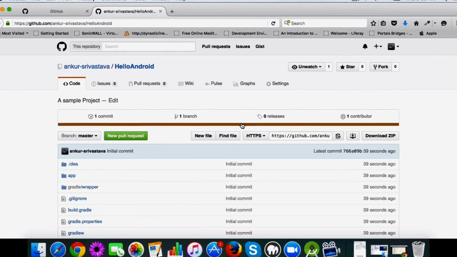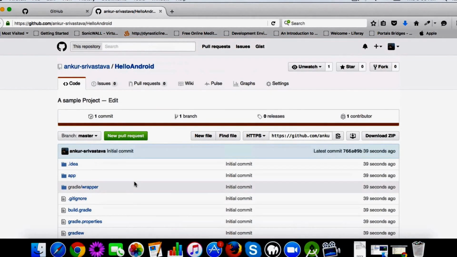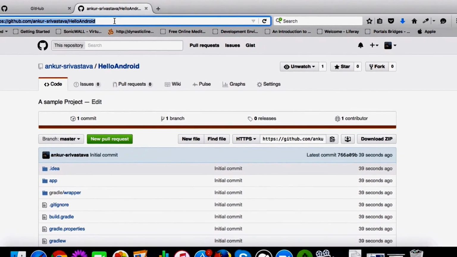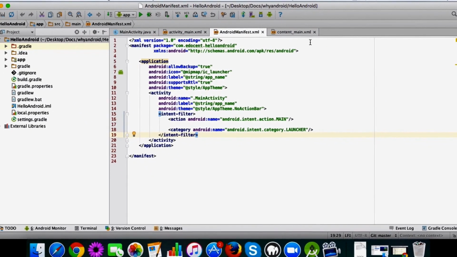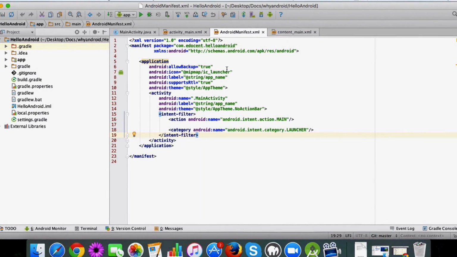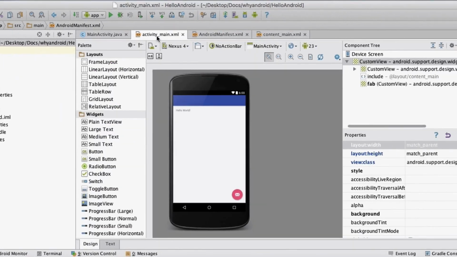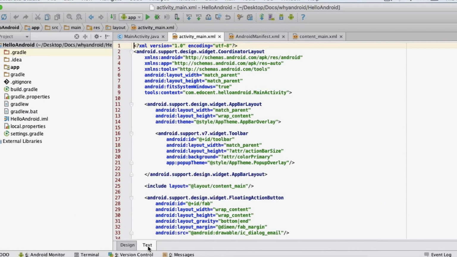So you have this project now, and this is a good thing because now you can not only share this project with others, but also, whenever you make any changes, for example, say I make a change to my activity XML file.